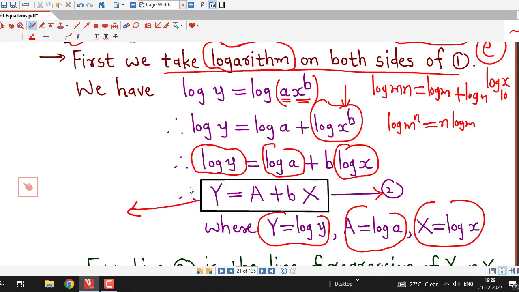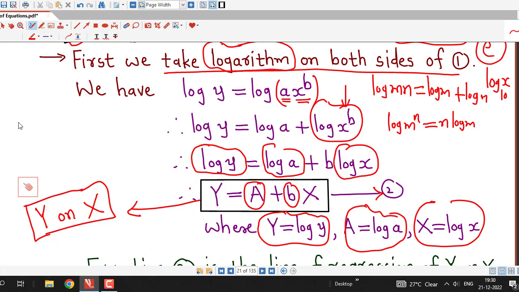It is an equation of a line. This is the equation of a line of capital Y on the variable capital X, and whenever we want to find the line of y on another variable x, we use the method of least squares. We find the corresponding normal equations,